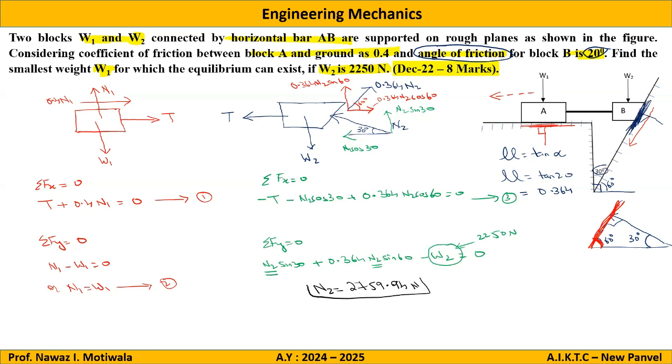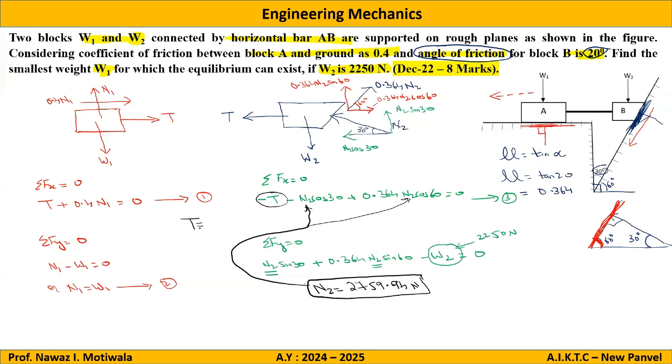Now, as we got the value of N2, we can put this value of N2 in this particular equation at this particular place and this particular place. So now the only unknown in this equation will be T. So putting the value of N2 as 2759.94 in equation number 3, I will get the value of T